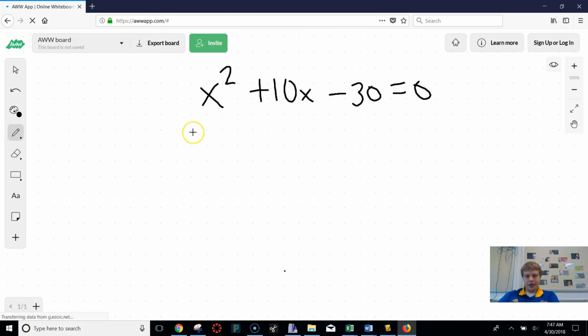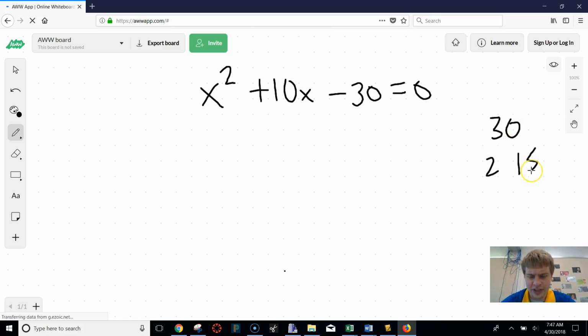Okay, so now we're going to check this next problem. First we know we can't use square rooting because it has 2 x's. Next, we should try to factor this. So is there anything that multiplies together to give me negative 30 and adds together to give me 10? Well, I don't think so, but we can try a couple things. 30 is made up of 2 and 15, which gets us close because that would give us 13. And the next would be 3 and 10, and it doesn't look like we can make 10. So if we can't do that,